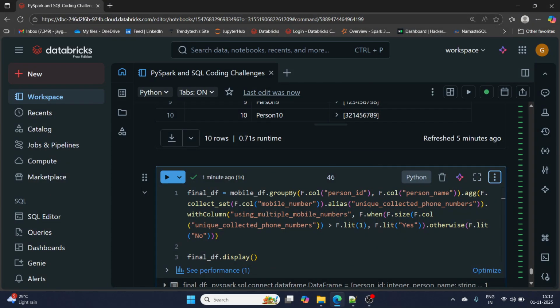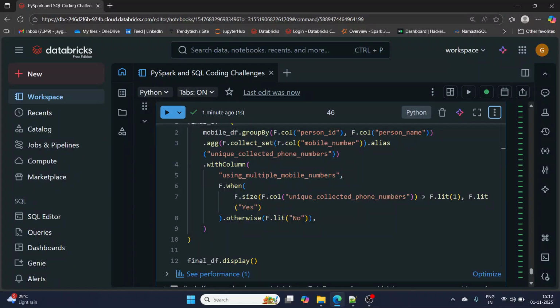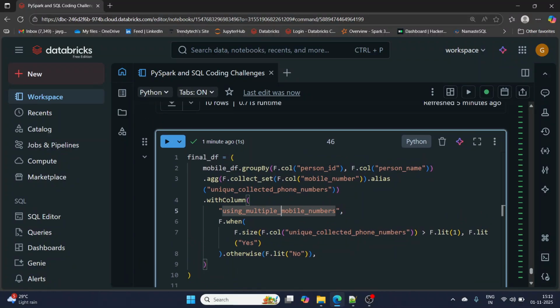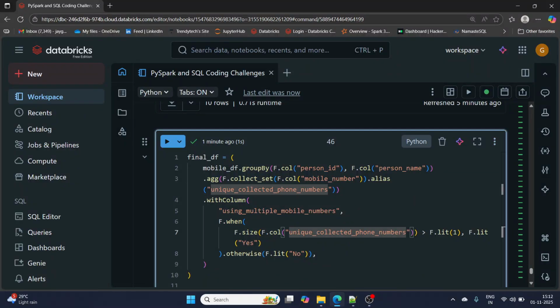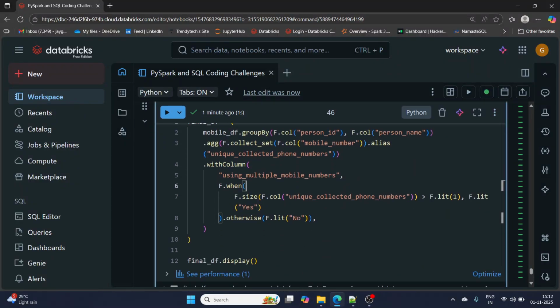Let me see if I have written the correct syntax. Oh yes, I have. Great. I have already told you this format, Python will work only when your syntax is correct, right? So logic over here is, if the size of this column is greater than 1, then yes, that person or that citizen or someone is using more than one mobile number, right?